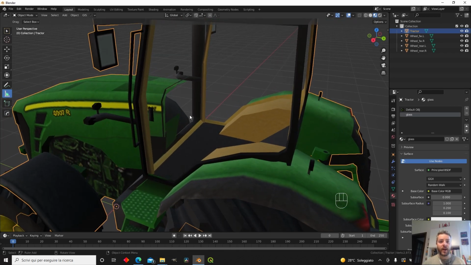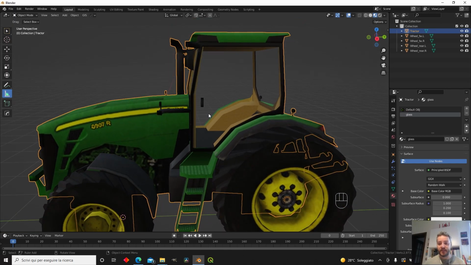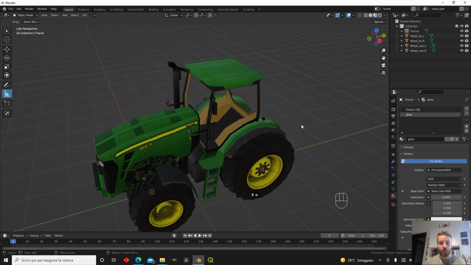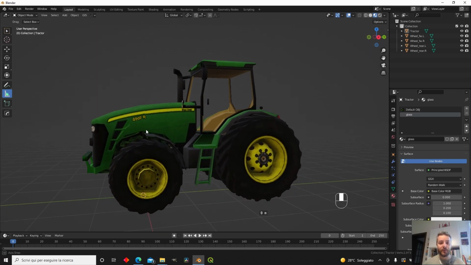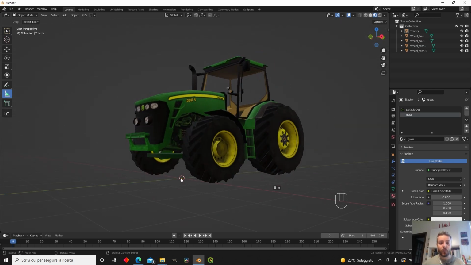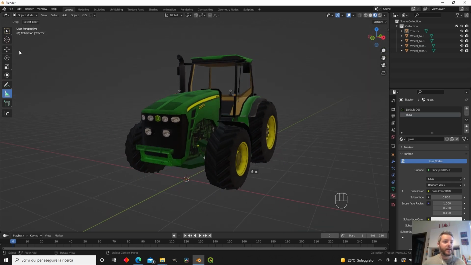Now we have no interior, so we need to create the seat of the tractor, the cockpit of the tractor, if we want to see through. But this is not the scope of this tutorial, because we want the tractor to be moving. And to make this move, I'm gonna create a point where all the other stuff of the tractor will be attached. So I'm gonna be in object mode, and I'm gonna add an empty,